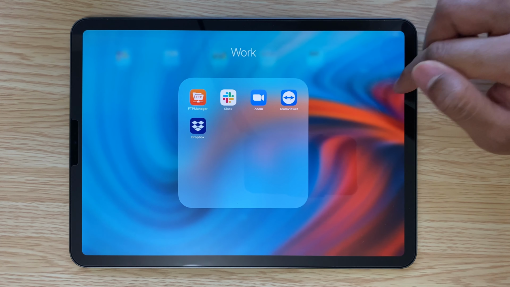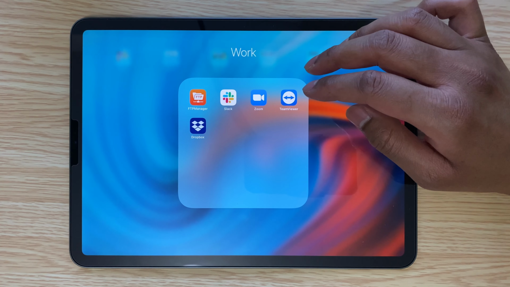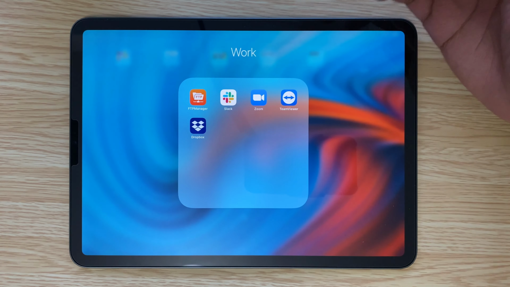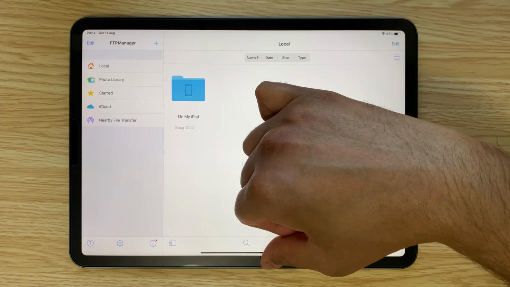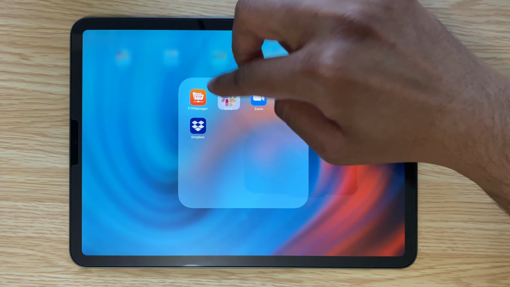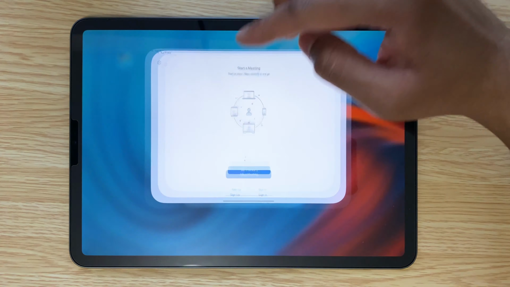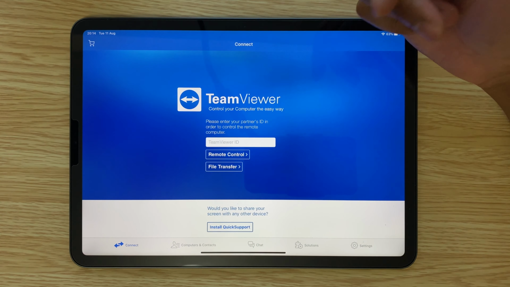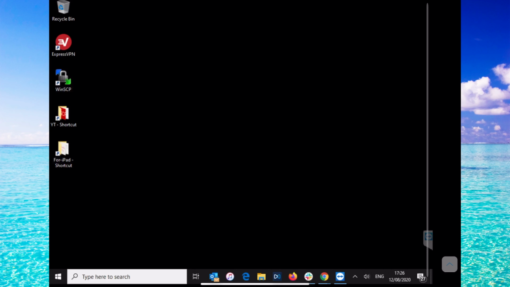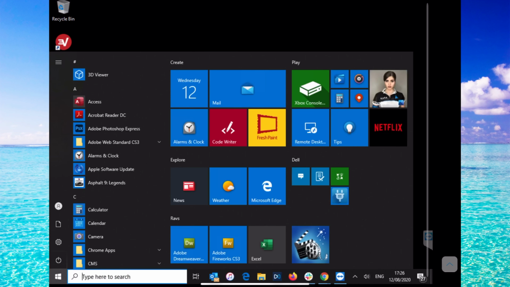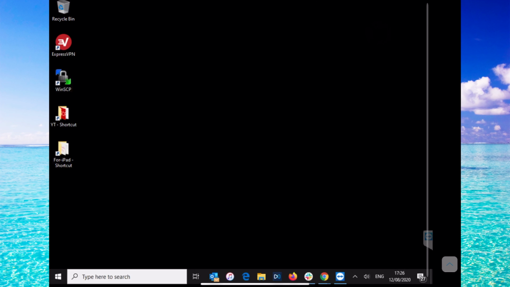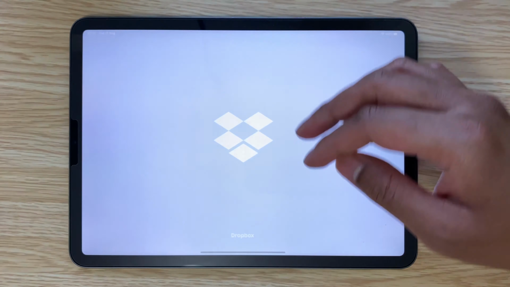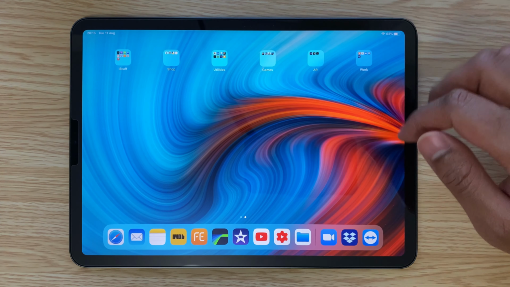Then I have a folder called Work. Since the lockdown and work at home situation, I have been using my iPad Pro to do work tasks. So here I have a simple FTP manager, which allows me to upload files to servers. Then Slack, which is our main communication tool internally. Then I have Zoom for client conference calls. And then TeamViewer, as there are apps for most stuff which you want, but if you still prefer doing them on your PC and need remote access, then this app does that job. And finally, Dropbox for the cloud storage option. So that completes my collection of apps on the iPad Pro.